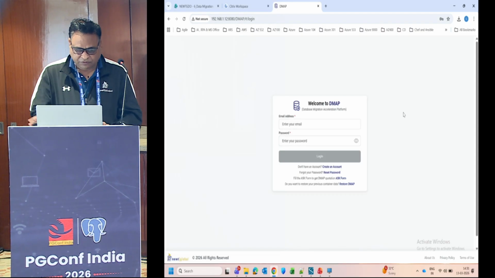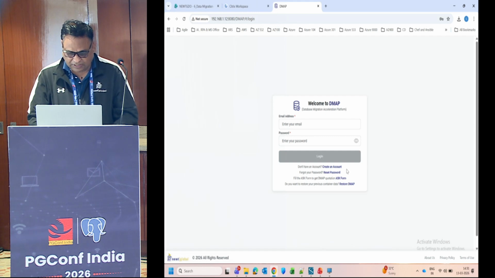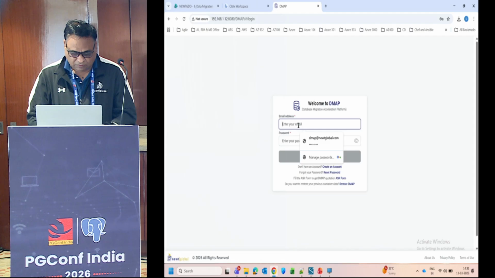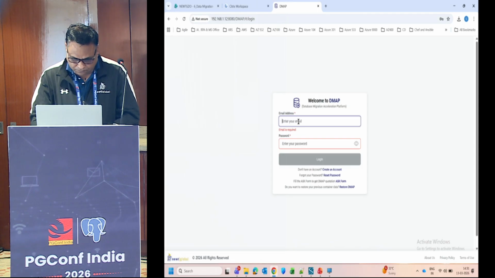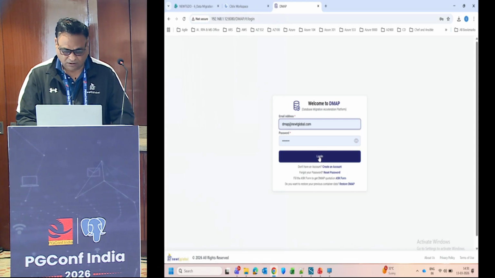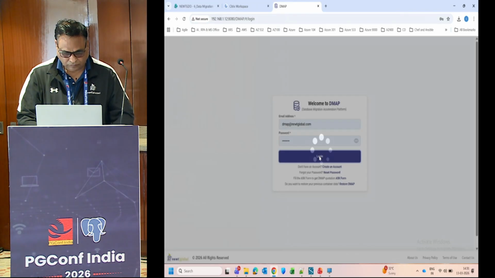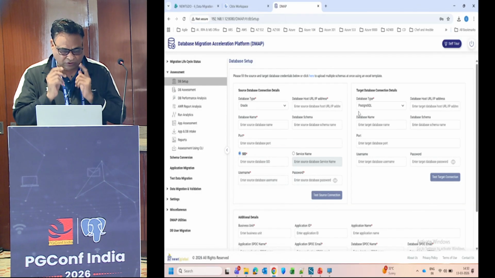If you install it, you will get this kind of UI. You have to create an account. I already have the account, so I'm not going into this one. But you have to create an account, where someone from Newt will help you by sharing the key for the login. Once you log into the system, you get this setup.